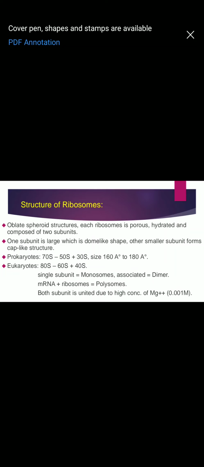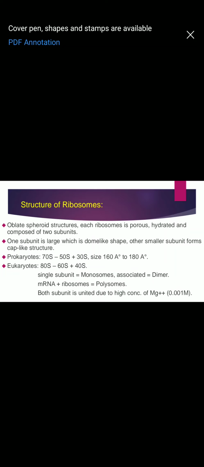So we are having two different subunits, the larger and the smaller. It has been observed that when there is a higher concentration of magnesium ions in the cell, in the cytosol, then these smaller and larger subunits will unite together and form a dimer. If the concentration is reduced in the matrix or in the cytoplasm, then they remain separated from each other,